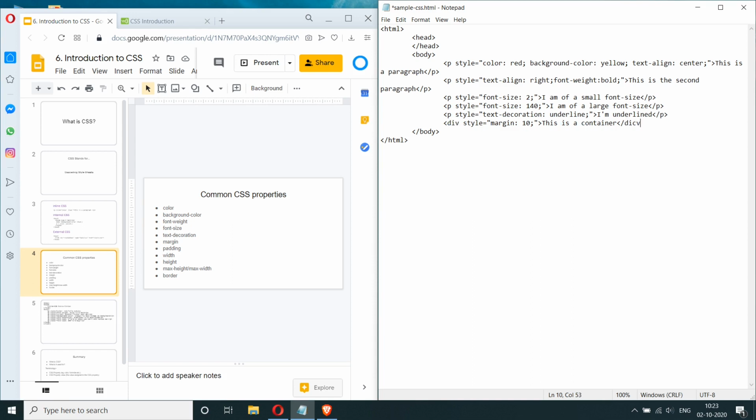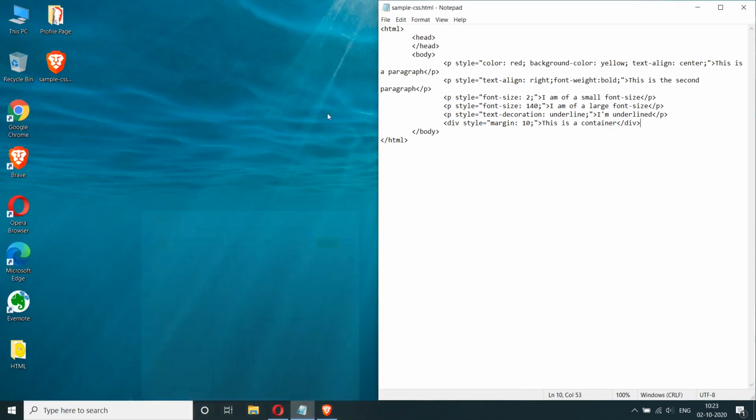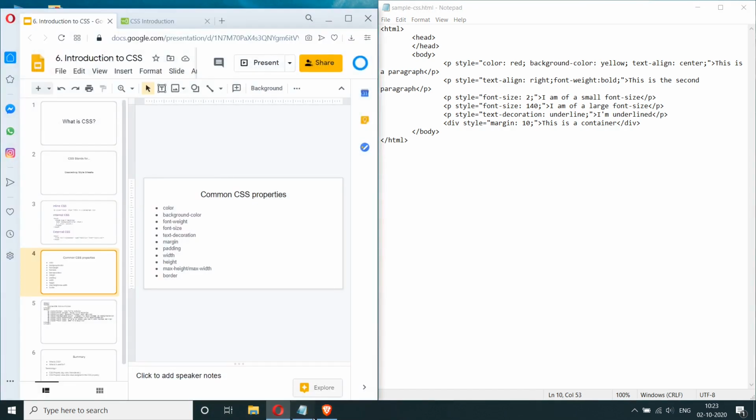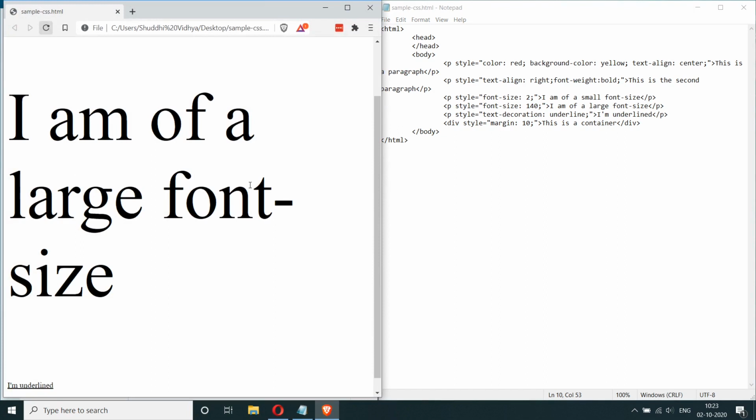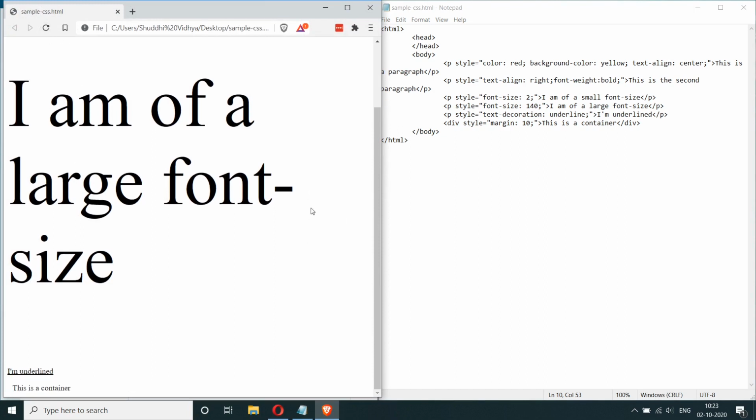So let's make this a div tag and save it. You can see here that I've given it a margin of 10. This is where the text usually starts, but here we have a margin of 10 pixels between this and the left border.